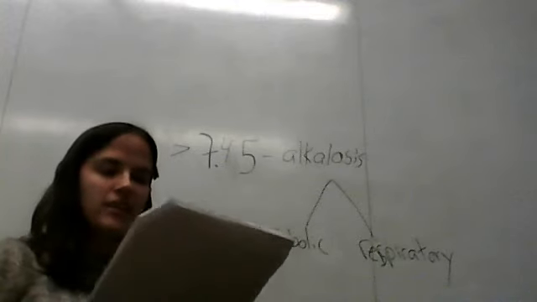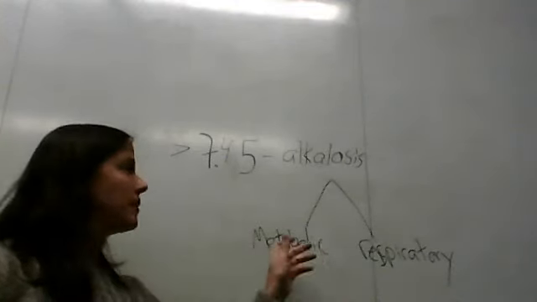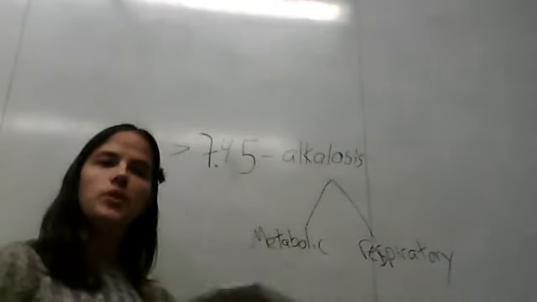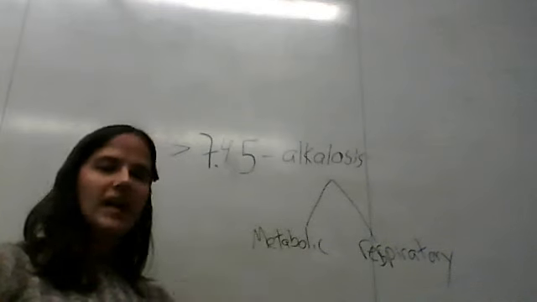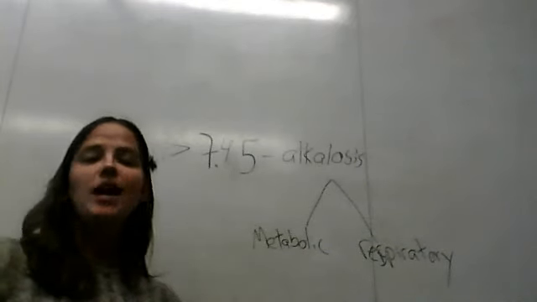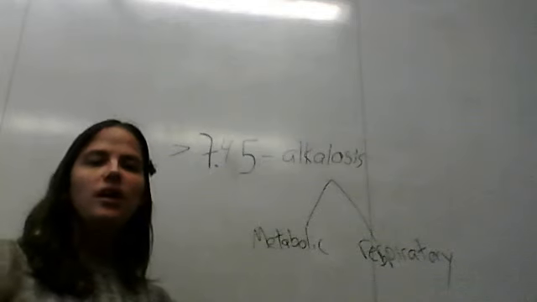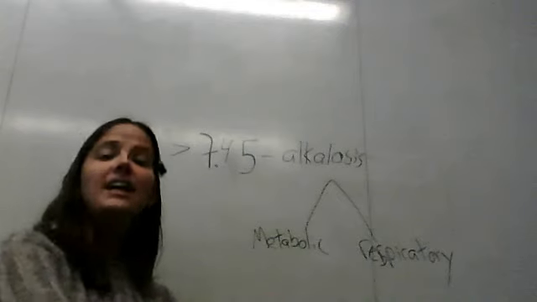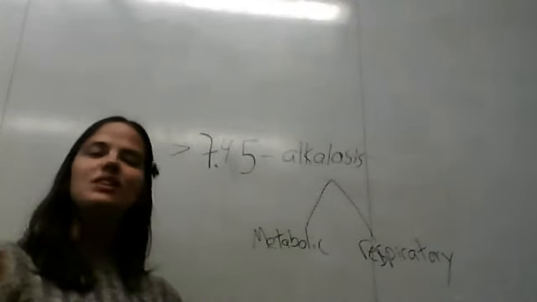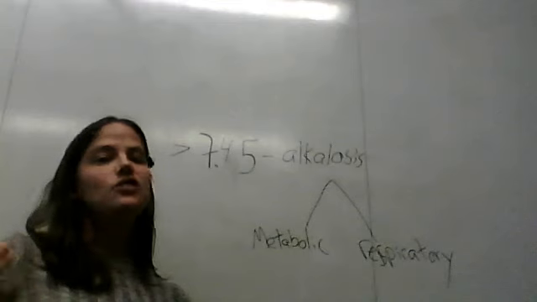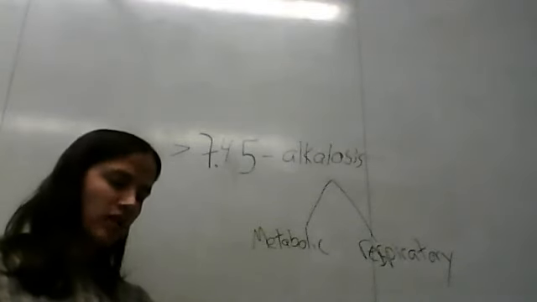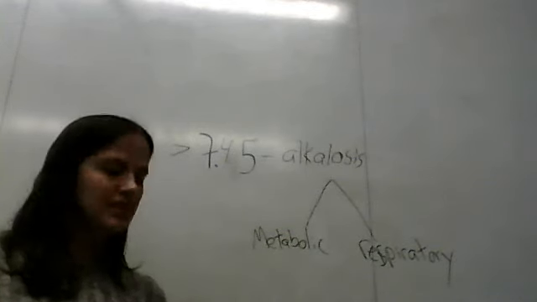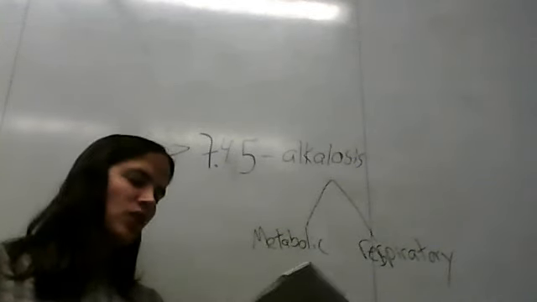So you're going to have a pH of greater than 7.45. It can be caused, again, by metabolic or respiratory. So we'll start here because that's what's next on the paper, a respiratory alkalosis. A main cause of this is going to be hyperventilation, so you're exhaling too much CO2. In humans that's because of anxiety, and in dogs because of panting. Dogs that are very high anxiety, very stressed in the clinic, for example, and constantly panting, can get a respiratory alkalosis. I've just seen it. It happens. So that low blood CO2